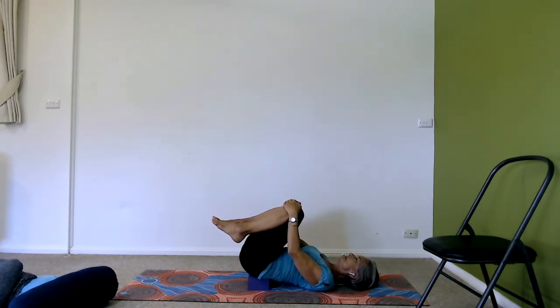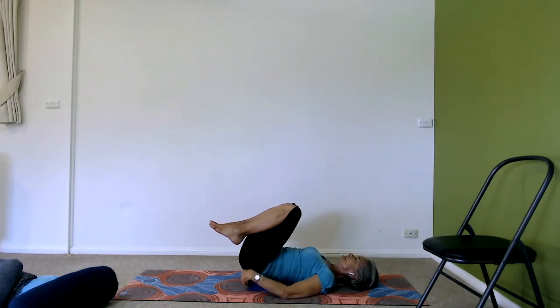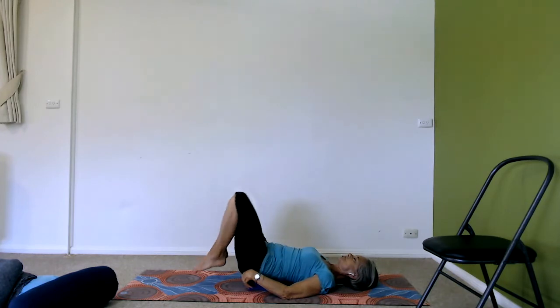And then find your sitting bones again. And move your sitting bones down towards the floor, just to eliminate some of that rounding in your lower back. And we're going to finish today's practice shortly with another rotation. So come off your block